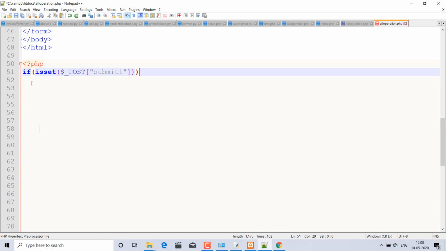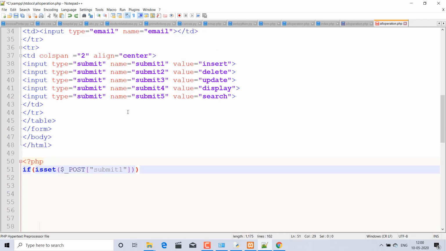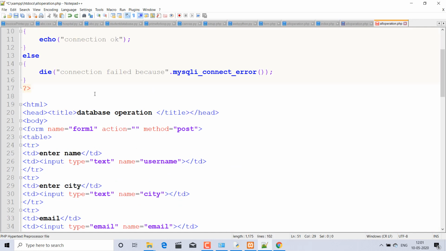Now isset is an inbuilt function that checks whether this variable exists or not. So $_POST, what does it mean? $_POST is a super global variable in PHP. Super global variable means it will take the variable from where submit one button is pressed, and then the action will be performed here.